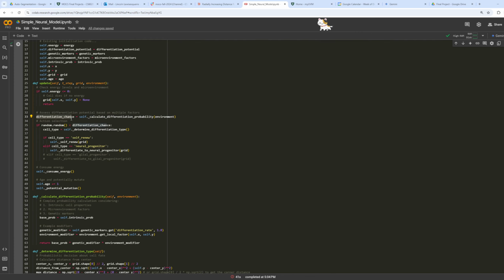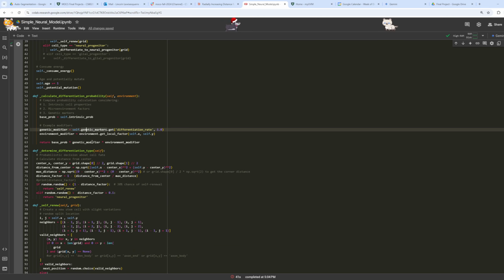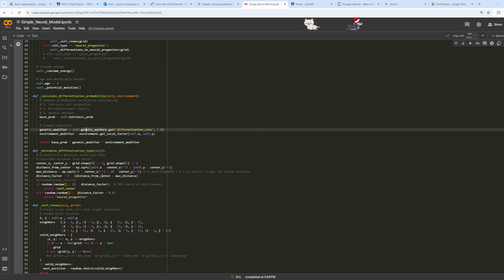Each cell is given at each time step a differentiation chance. So depending on its energy levels, depending on its genetics, if genetically that cell wants to differentiate fast, it's able to go through its cell cycle fast, or we have an environment modifier that will change the